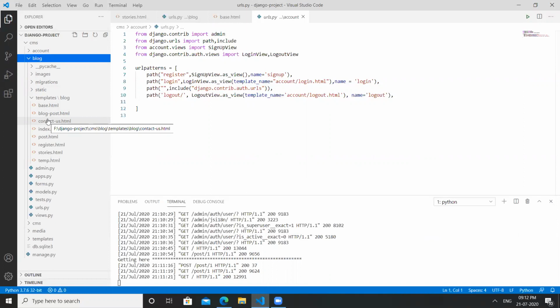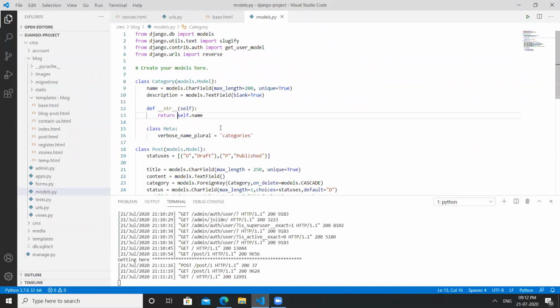one page to another and one URL to another URL. This makes several linkages between one page and another, and the blog post editing, creating a new post and everything. We are creating these as models. Now you can see here it is in models. We mention a category, and for the category we give a description and name. For the category model we mention a new class here. And we have the post, which has the title, content and everything which we see on the index page. Everything is done using this backend software.